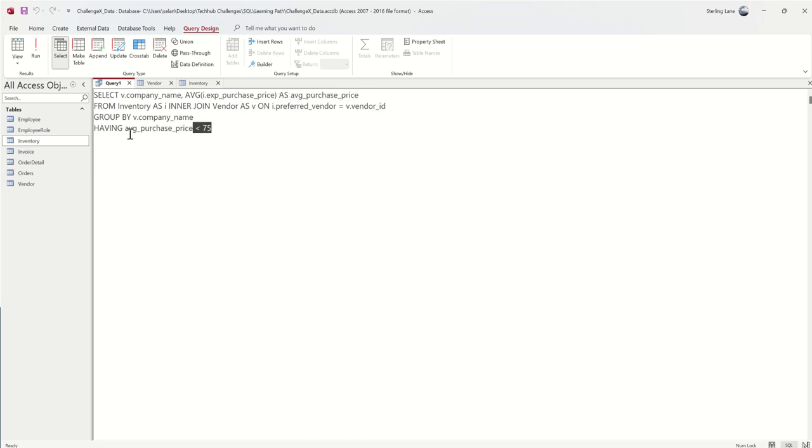So we have to instead use the actual thing in the select statement. So in this case, we have to call the average again, like so. And then this is just saying where the averages are less than 75. And then lastly, because we want to present a clean report to our superior, to the CFO, we can order by that average descending. So we can just do the same exact thing here where we copy, like so,